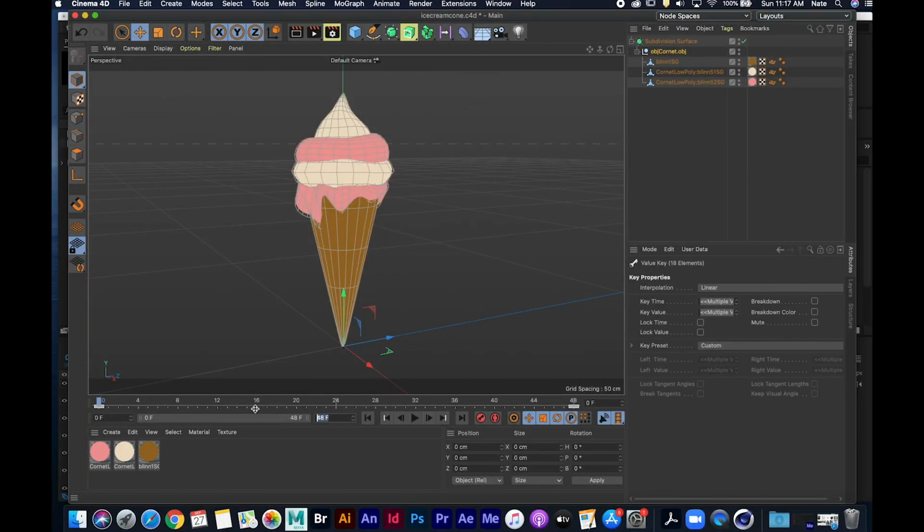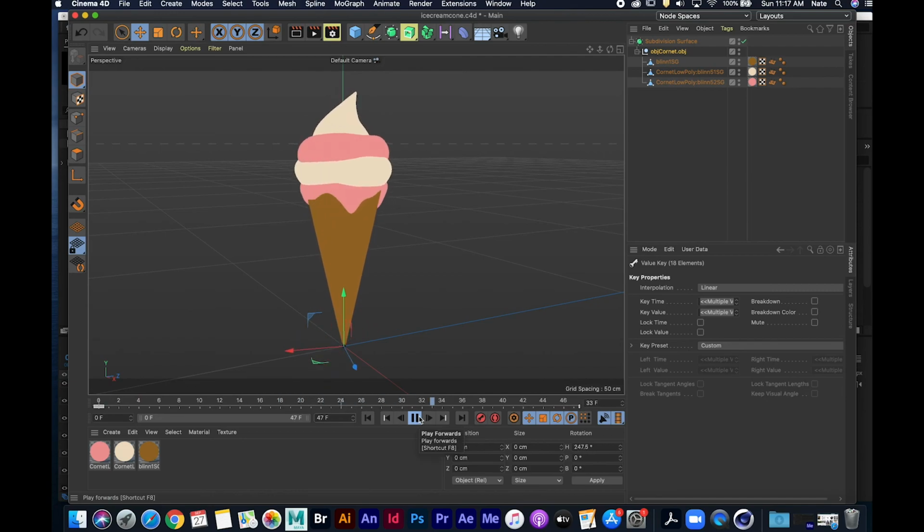So we'll change this to 47. And now let's look. And there we go, nice, smooth, all the way around. I'm going to say File, Save Project. And now when I go back to After Effects,